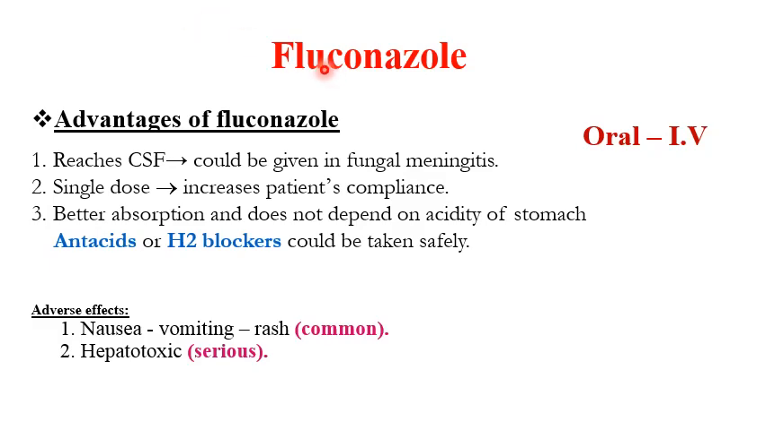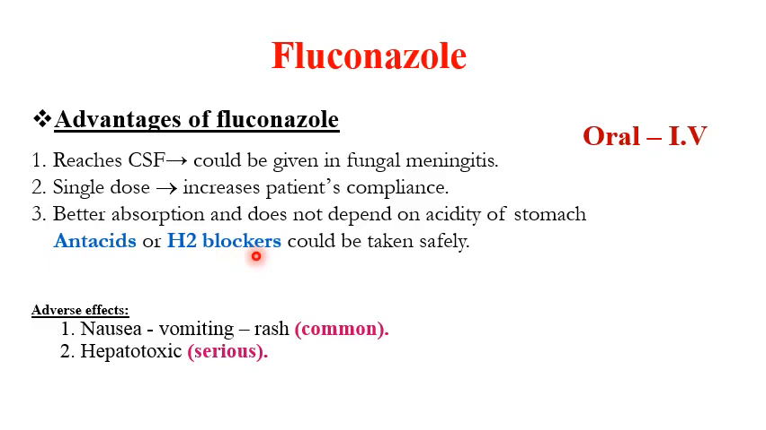Fluconazole can be given orally or intravenously. About the kinetics of fluconazole, it can reach the CSF very rapidly and can be used in fungal meningitis. It is used as a single dose, only a single dose, so it will increase patient compliance. The absorption is better than itraconazole, as it doesn't depend on the acidity of the stomach, so it can be combined safely with drugs that decrease the acidity of the stomach,